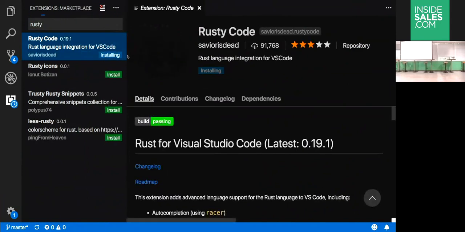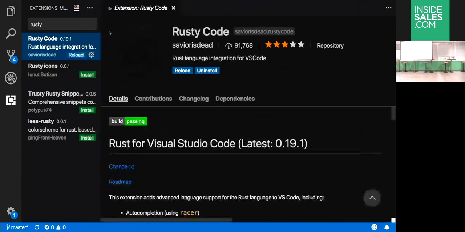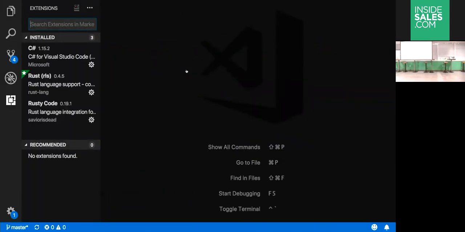The debugger is built into VS Code. I'm not sure if you've ever used the debugger before, but it's a built-in debugger that uses GDB, and it makes it pretty clean. You have a UI for it. You don't have to use the command line GDB, which is nice. So yeah, those are my two go-to extensions. They have other extensions that are probably wonderful, but